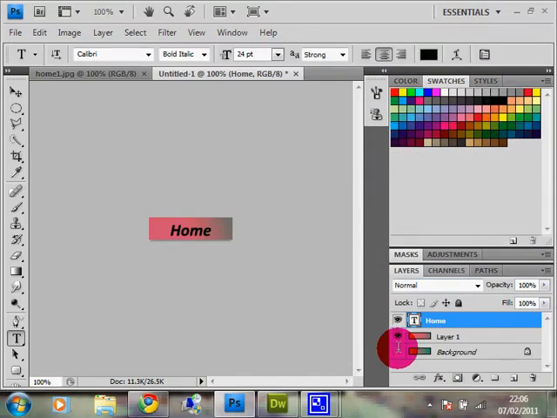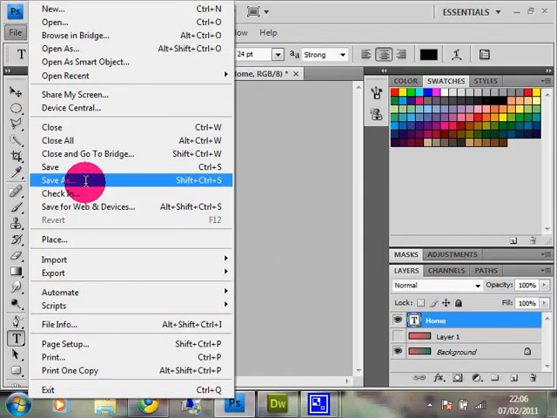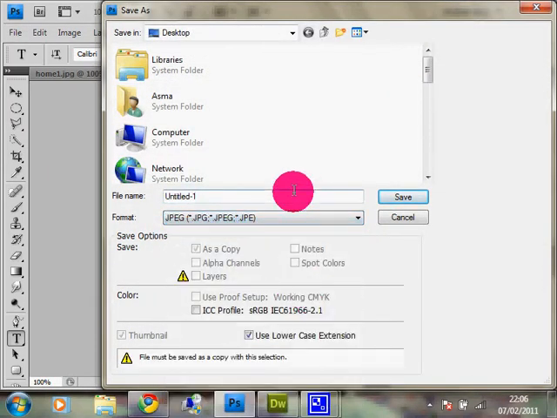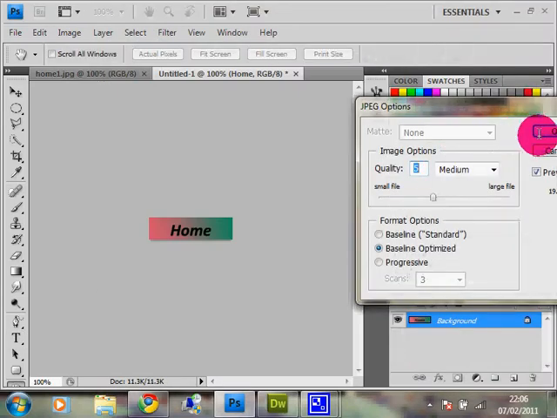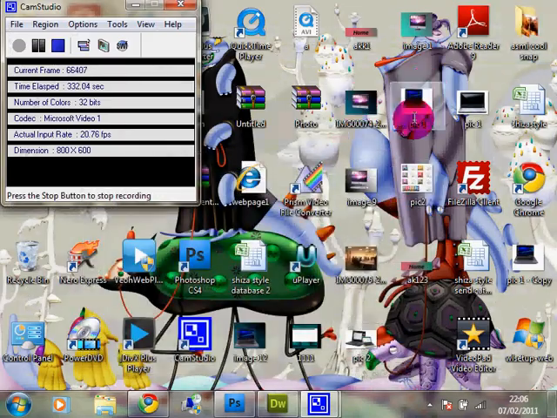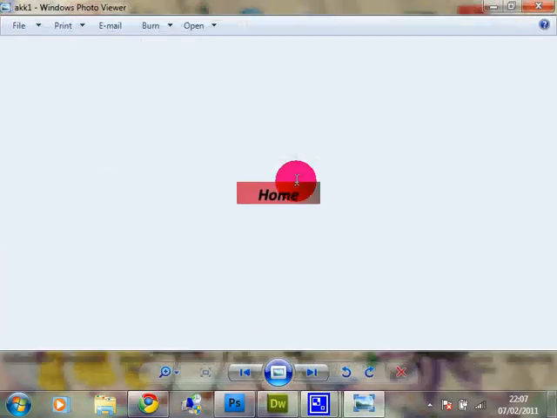Then again, instead of deselecting the background as I did before, I'm going to select the background and deselect Layer 1. As you can see, I have deselected Layer 1, and I'll save it again. File, Save As, JPEG format again, and name it something different from the previous one. I'm going to name it AK123, anything you wish, and save it. Okay, I'm going to close Photoshop CS4, and I'll show you on my desktop where these buttons are. When I double click, my buttons are over here.